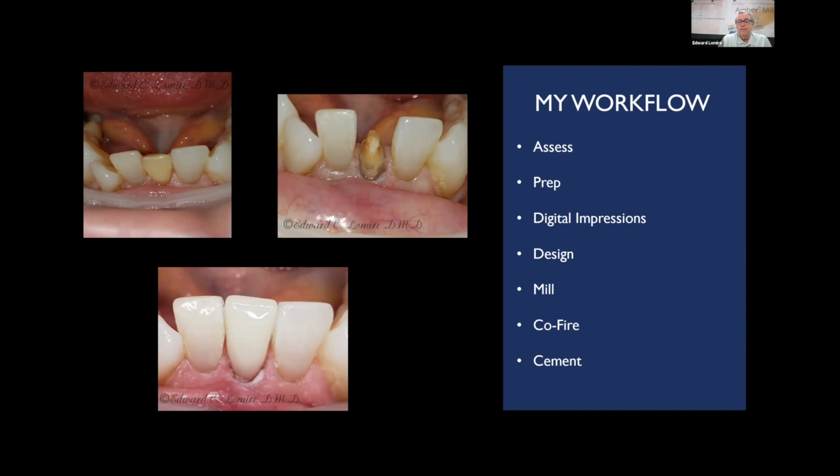And my workflow, obviously, you're assessing your prep and doing the digital. It doesn't matter how you do the digital, and if you're going to do it chairside, you're going to send it to your lab. It really doesn't matter how that occurs. And design it, mill it. Co-firing's great, and